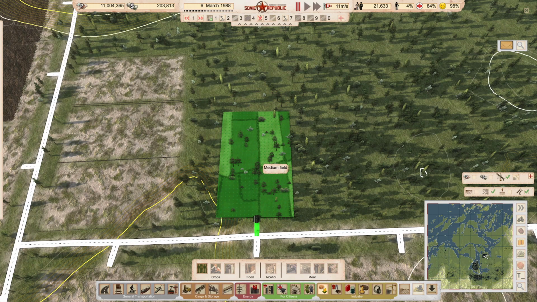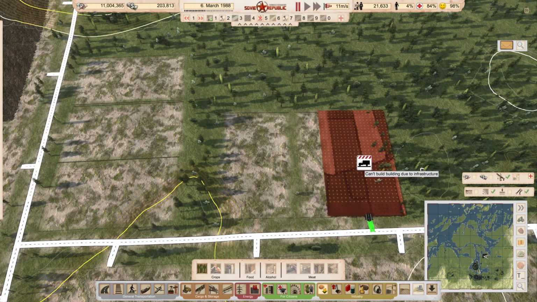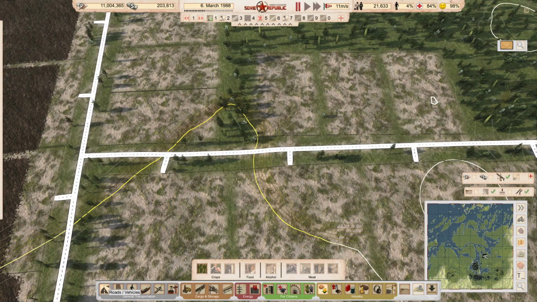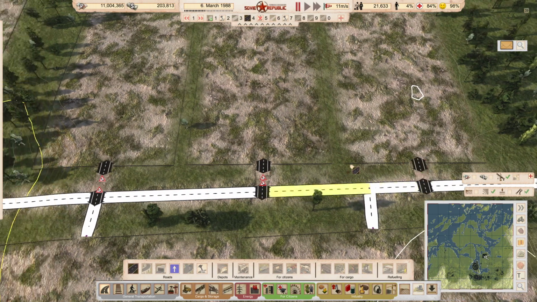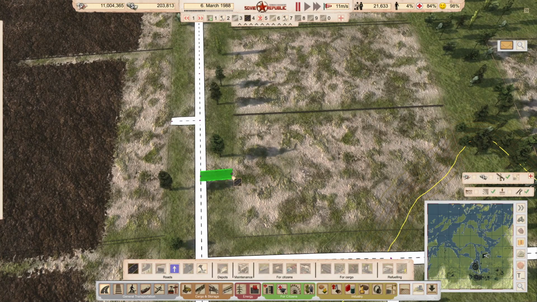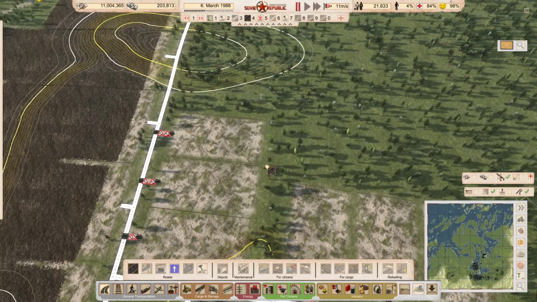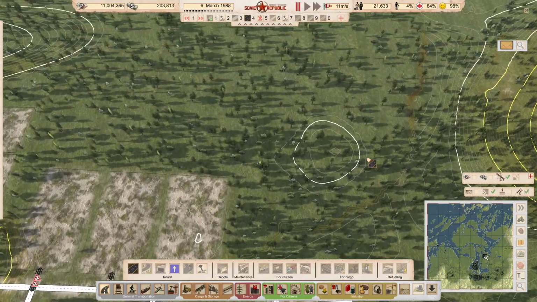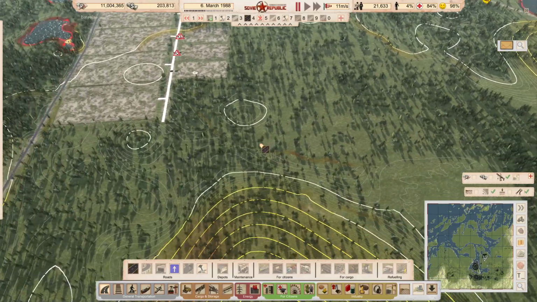I'm going to put 1, maybe a little bit more space between these. 2, 3 medium fields there. Just put these in. For some reason the game wants to put these in as mud roads. These in as well. So that puts the 6 medium fields in, and that means that we've got a gap here for roads. Now we need to get another 8 large fields in now,